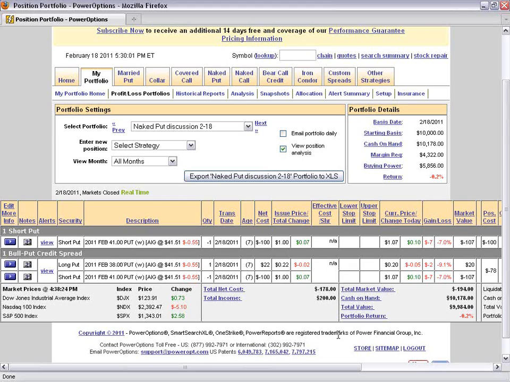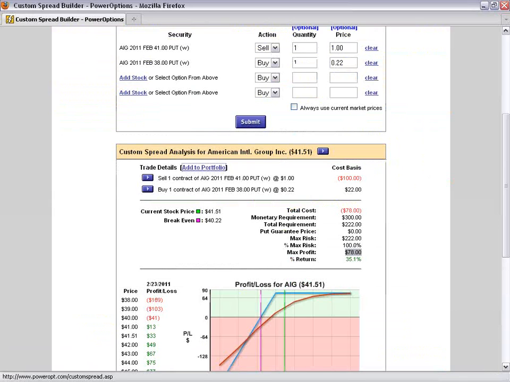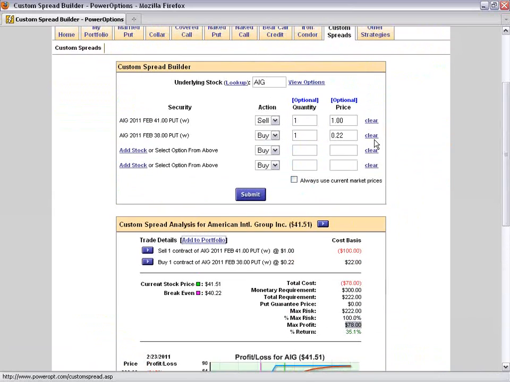Now let's go back to our custom spread menu again. One last quick thing. We talked about a diagonal spread. Now we're using a weekly option, so I'm not going to create a true long-term diagonal spread. I'm going to use a shorter term because we'd assume rolling it with weekly options. When doing a typical diagonal spread, it's a bearish approach, meaning that I'm going to buy an in-the-money, far out in time put. So on AIG, right now with the stock at 41.51, what I might do is go far out, maybe 5 or 6 months, and buy an in-the-money 45 strike put.